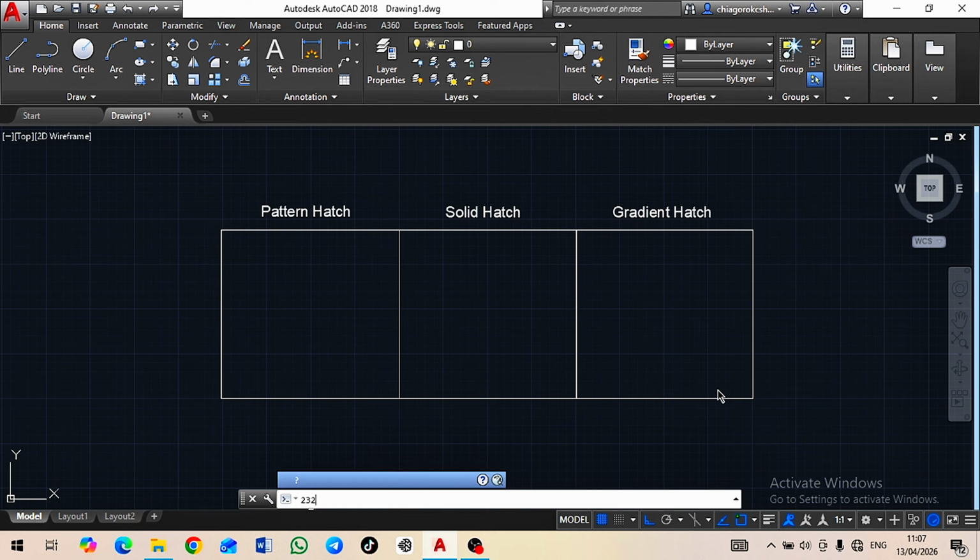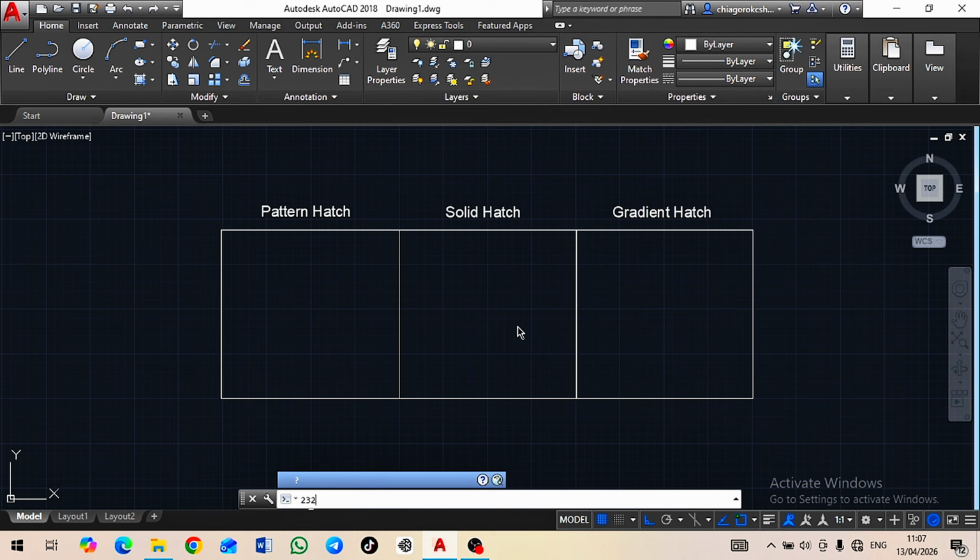Most beginners struggle with boundary errors and it can be frustrating sometimes. Yes, we all know that whenever you are working and you are not getting exactly what you are looking at, it can be frustrating sometimes. And most people think hatching is just all about clicking a button. But if you don't know how to manage your scales and boundary, you are going to waste hours working and